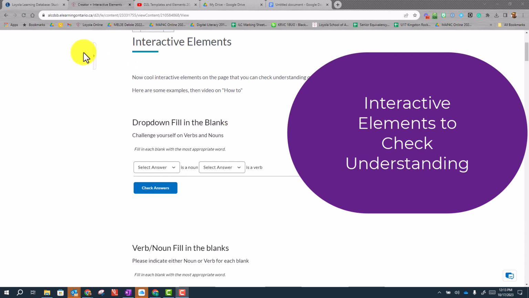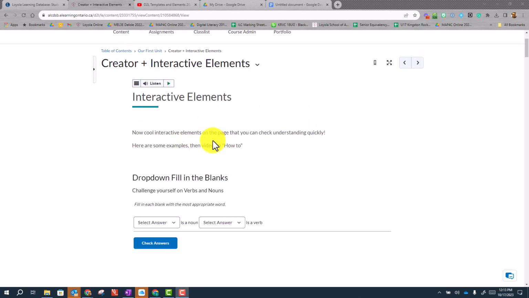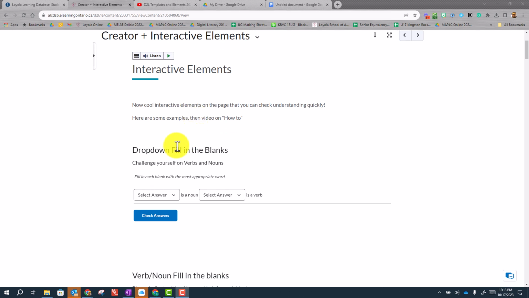Hey, Chris again, and we're going to look at some interactive elements that are really cool in something called Creator Plus Studio already in D2L. I'm going to show you a few of those in action, and then we're going to look at editing them and creating them. So drop down fill in the blanks looks like this, where you can say, okay, dog is